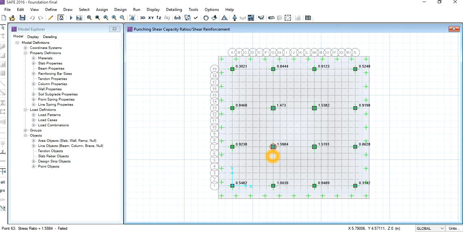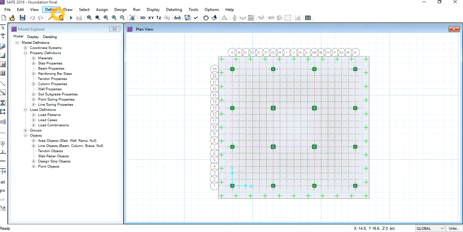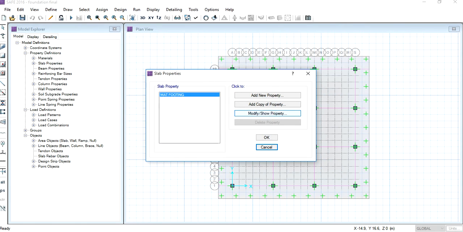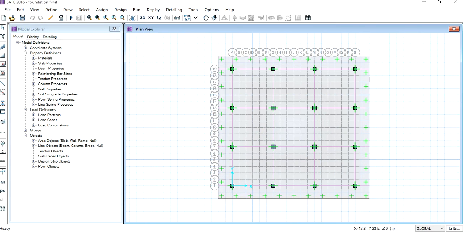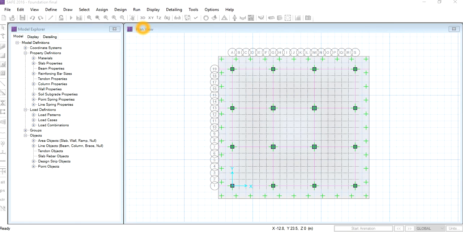go to define, go to slab properties, go to modify show property, change the thickness now to 1200 mm. Click on OK, click on OK again, go to run analysis and design, go to display, show punching shear design.